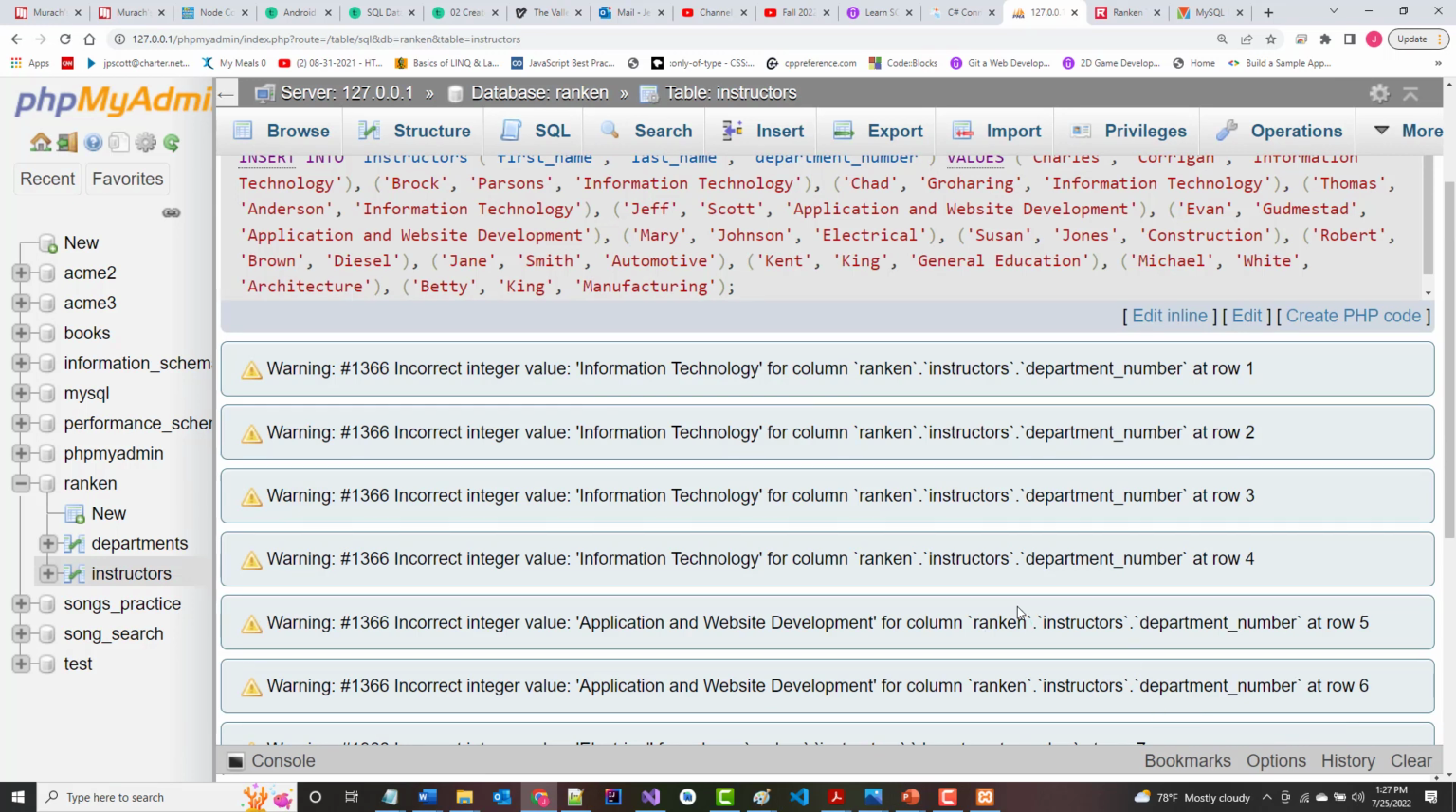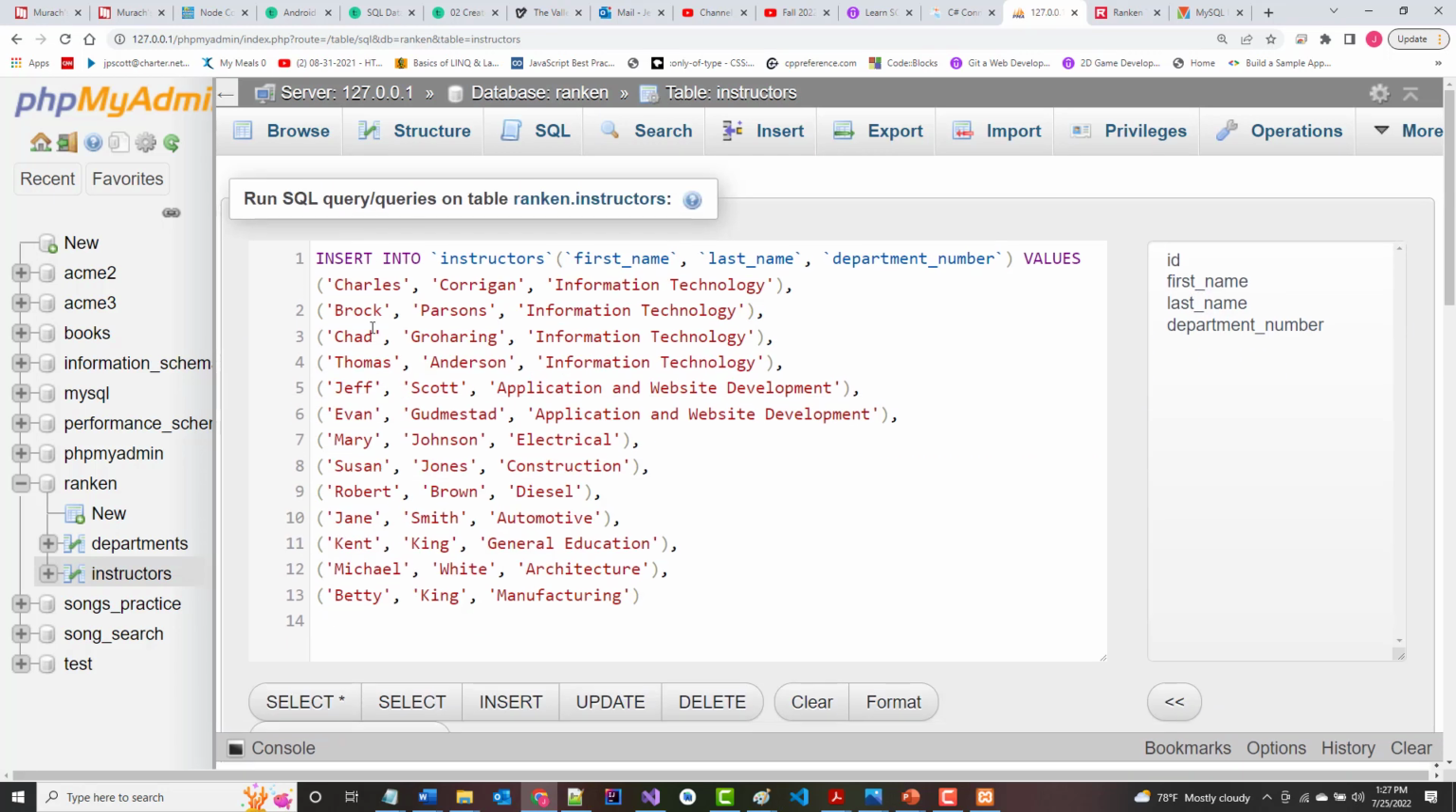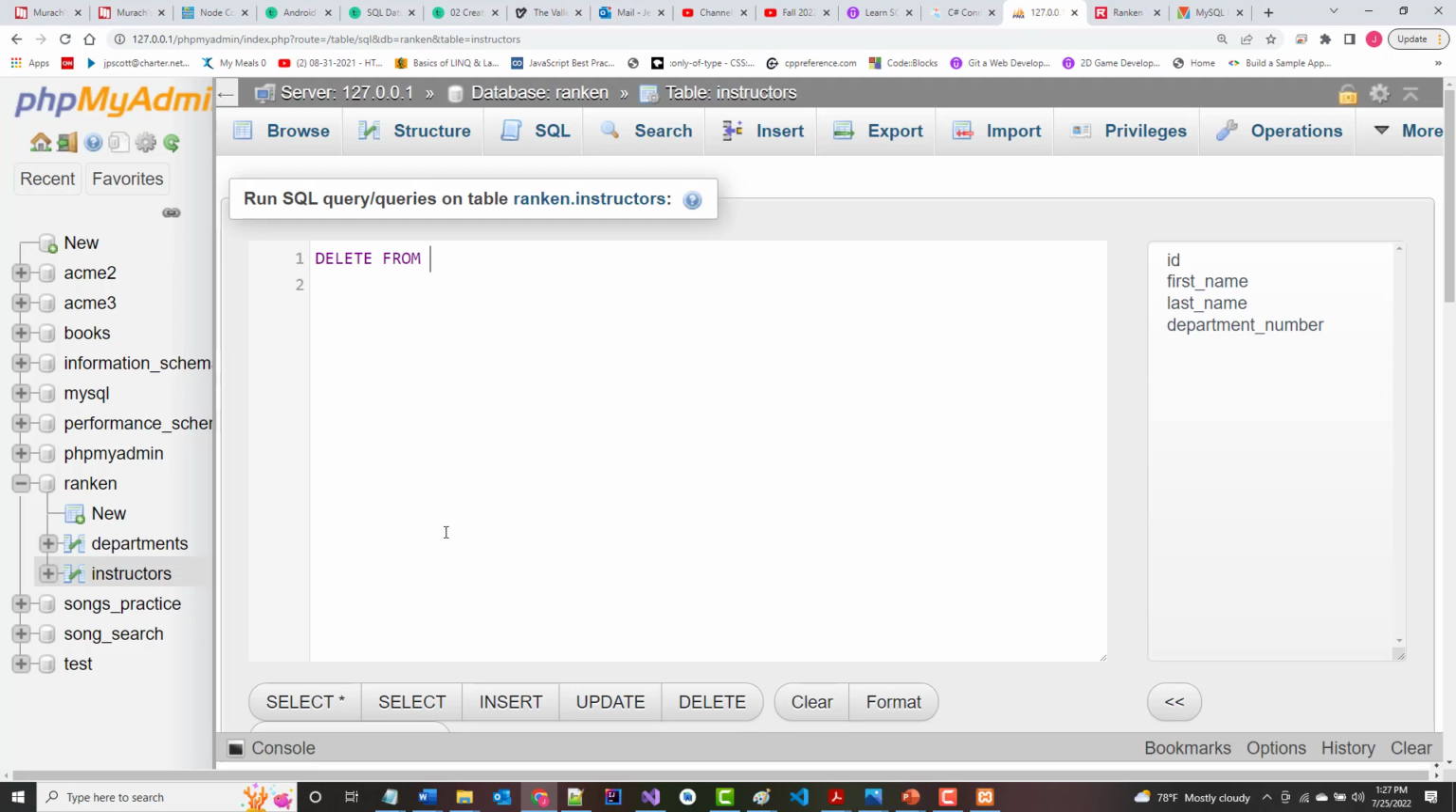All right, what didn't it like? Well, pretty obvious what it didn't like. It says 13 rows were inserted. I don't want any of them in there, because we didn't put down the department number. So even though it worked, we're going to remove all these anyway. So I'm going to do a delete from